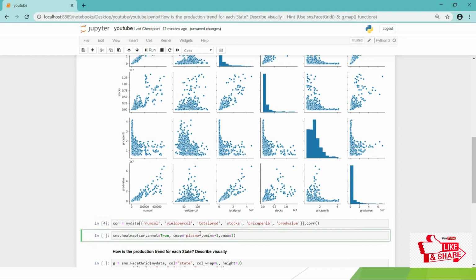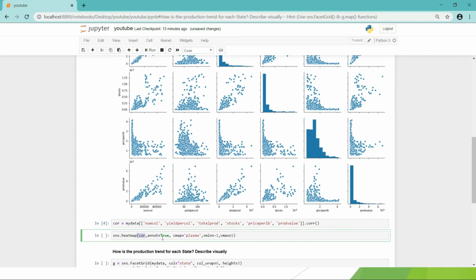So heat map is something that we have already seen in Excel sheet when we were going through correlation. It is also in Seaborn. It is heatmap, but you have to give an input of correlation only. First you have to make a correlation, store it in a variable, and then you have to give it as an input. You can't just directly give the data as we have given in pair plot.